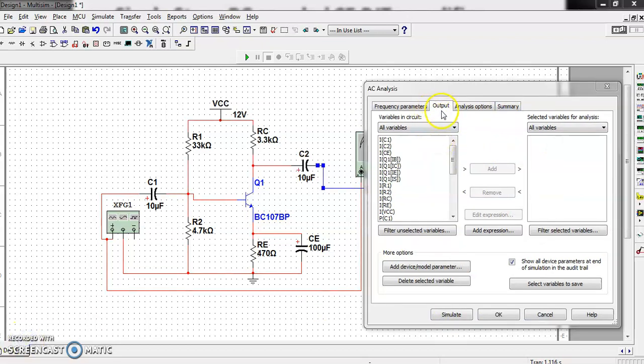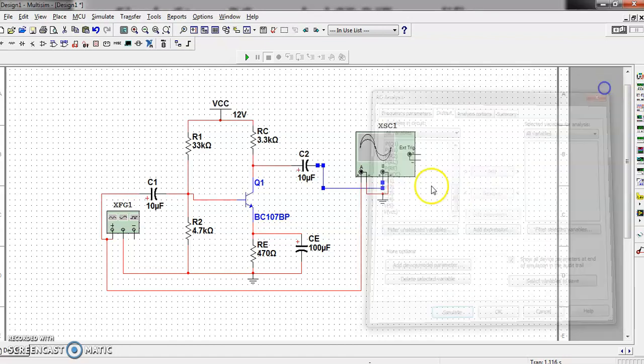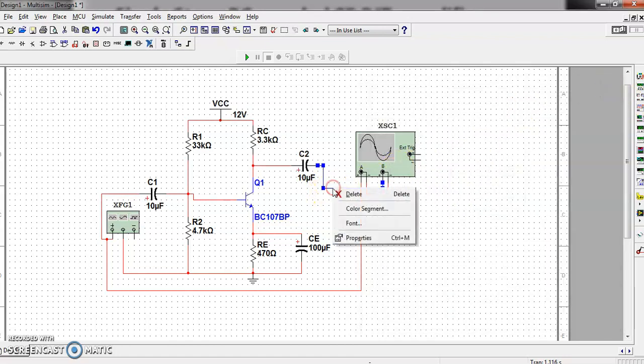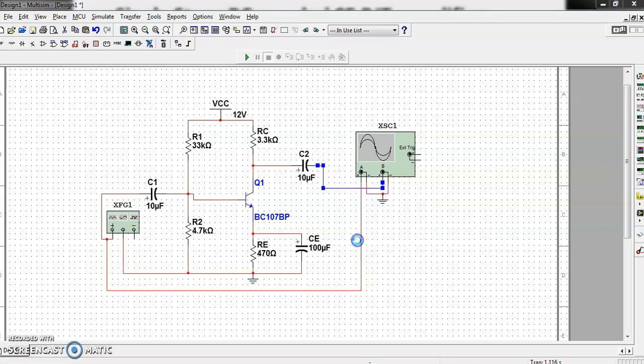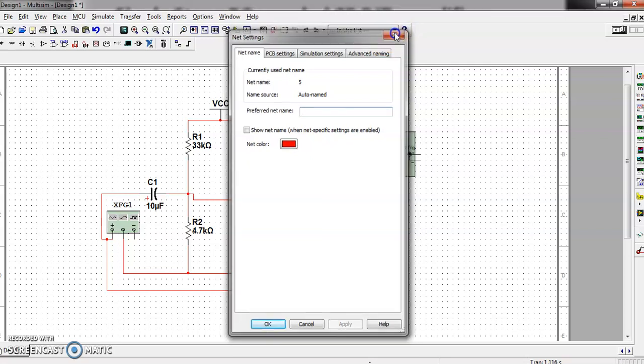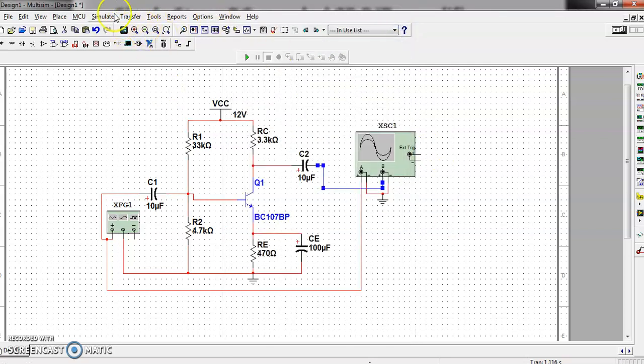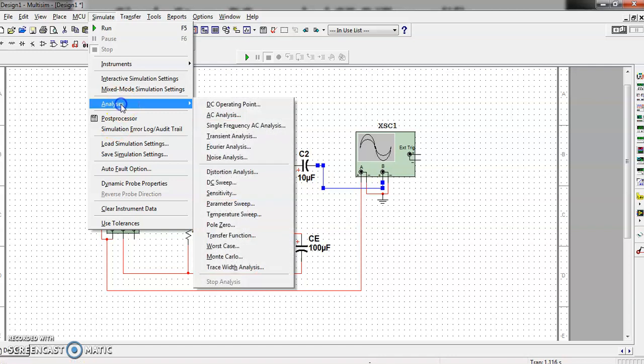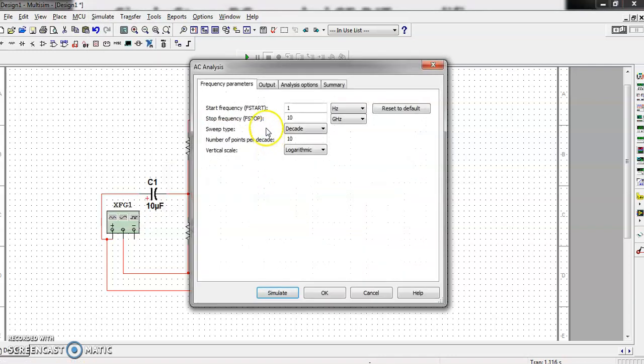In order to find which is the output node, we can just click this wire and click the property button. So here the net name is 5, that means this is node 5. So again I am repeating the steps. Go to simulate, analysis, AC analysis. The frequency parameters we already set, but here for the vertical scale we have to click decibel, because mostly the voltage gain we measure in dB. Now the output,